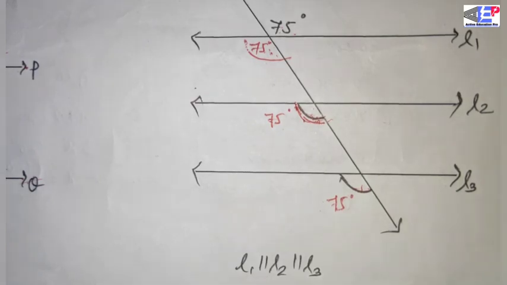So these are the questions regarding transversal lines and parallel lines, and by applying their angle properties and angle rules, we find each angle of any parallel lines. If one angle of any pair of parallel lines and a transversal line is given to us, then we can find all the angles of these lines.